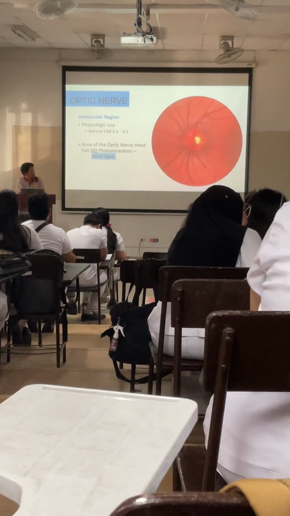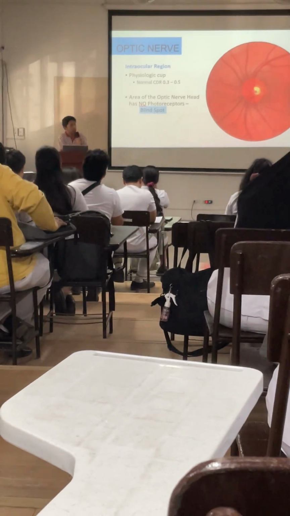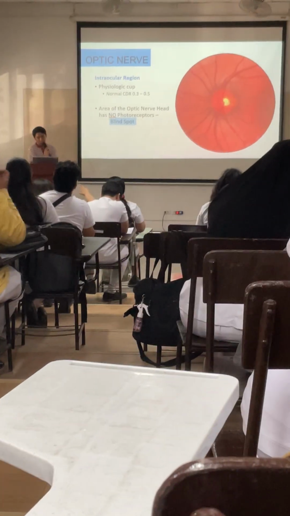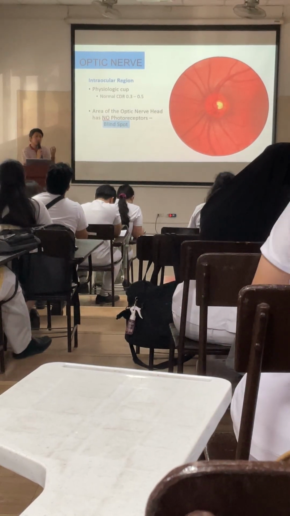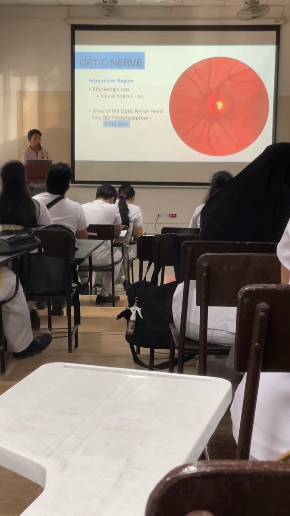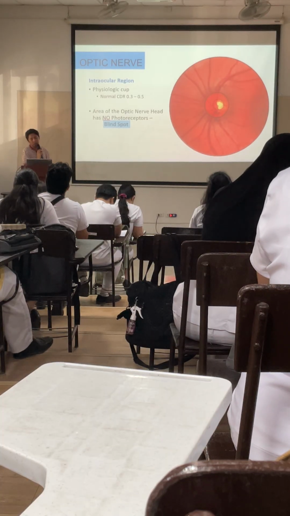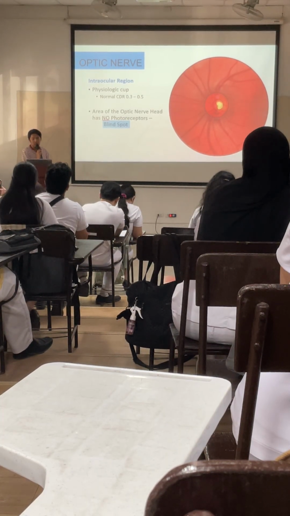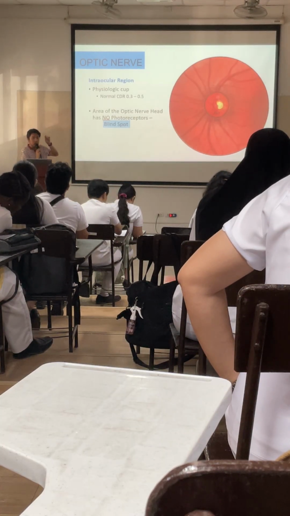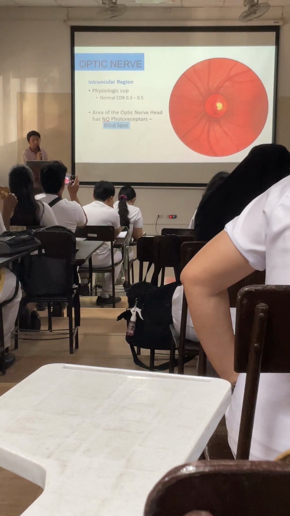Okay, so if this is your optic nerve, the size of your optic nerve and then where the blood vessels come out is where we would determine our cup to disc ratio. The inner portion where we would see the blood vessels coming out of the nerve is known as our optic cup. And the size or the borders of your disc or the nerve is called your optic disc. So cup to disc ratio is just basically looking at where the vessels come out, doing an imaginary circle, and then trying to estimate how much percentage this circle occupies the disc.